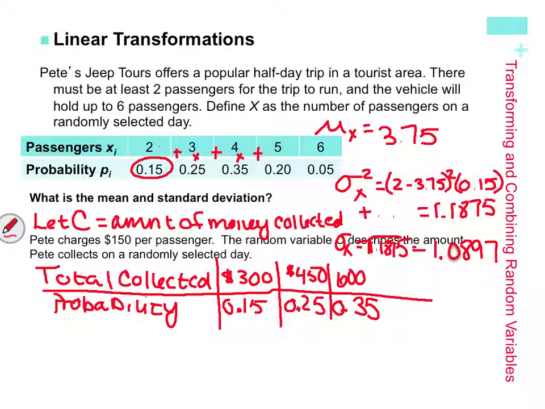So when you go ahead and try to go through your mean all over again, it ends up being the same process, okay? You're going to take your value, your collected money, multiply it by the probability, and add it up for each one of them, okay? So you're going to end up with a mean of